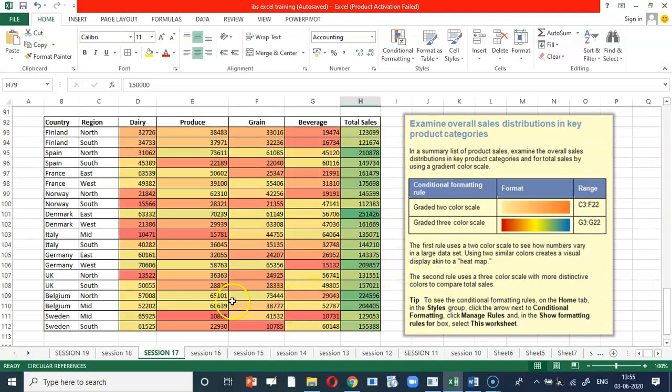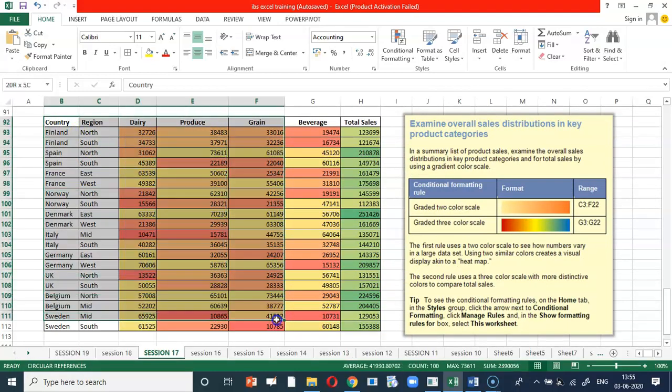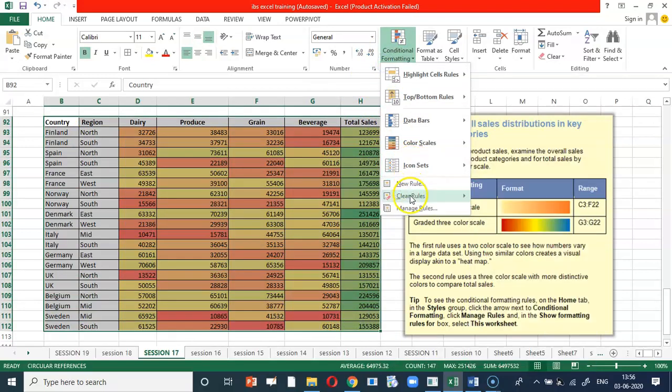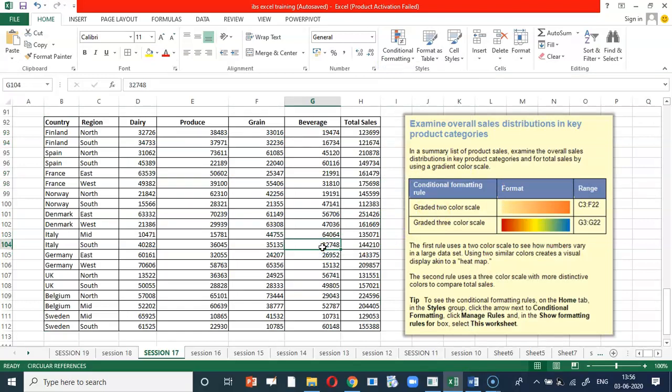Dear students, you can see here I have a data here. Let me remove, I am removing in front of you, the clear from the selected cells. You can see that it is removed. I have a data here, and this amount is with respect to the various turnovers or the collection with respect to the products: dairy products, other produce, agricultural produce, grain produce, beverage, etc. This is the total sales.